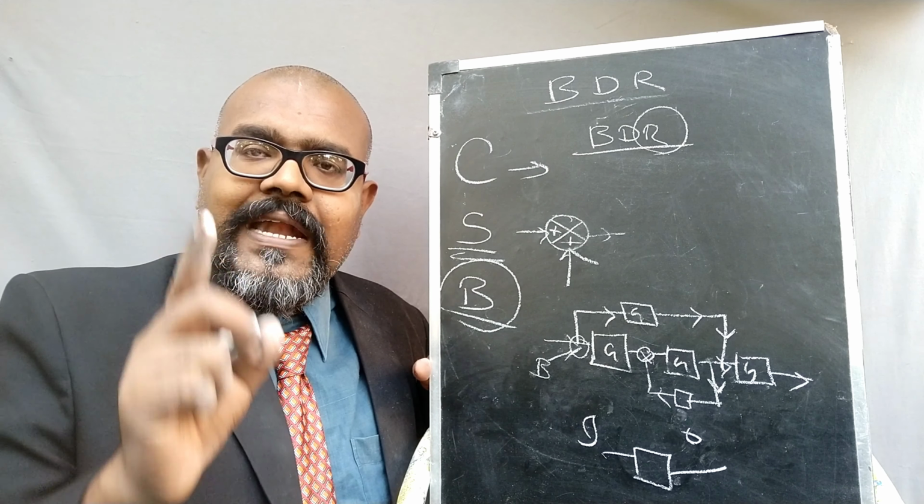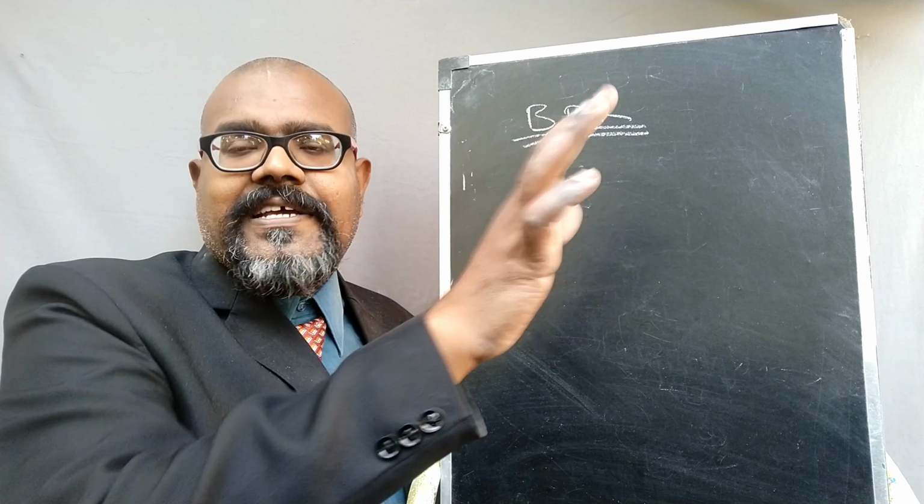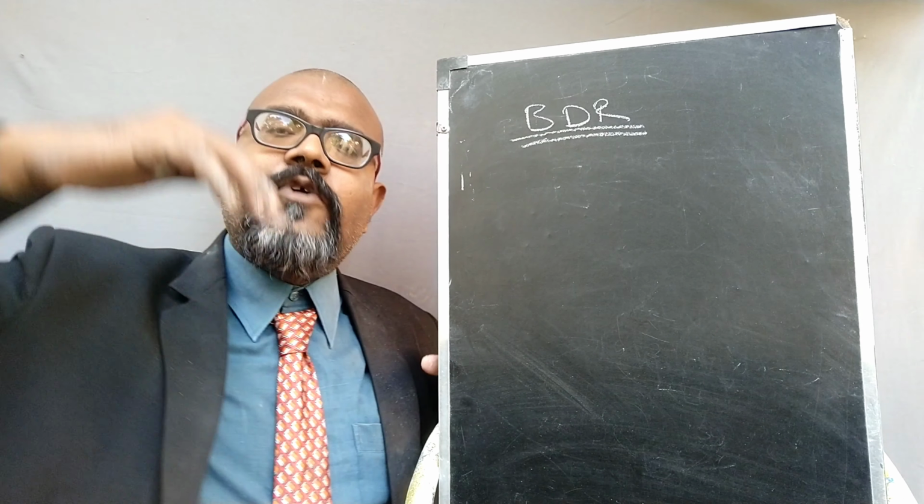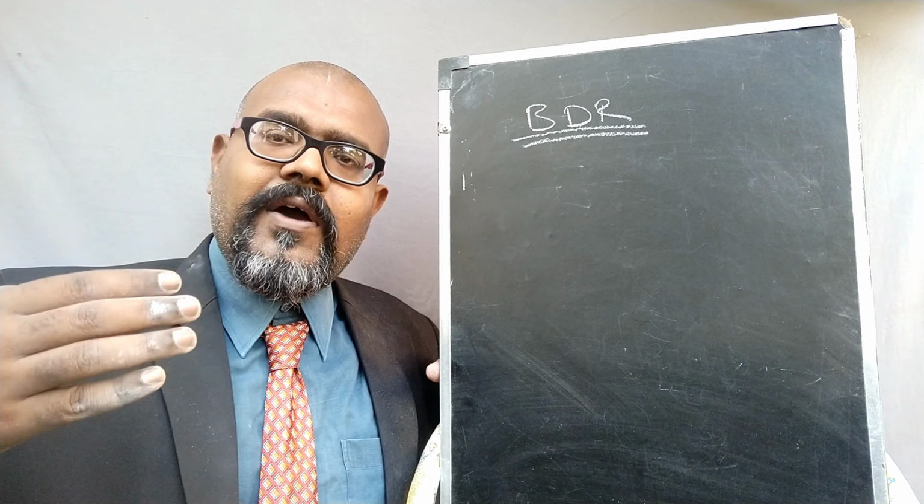In that block diagram reduction, if you want to change 2 blocks into 1, or reduce 3 blocks into 2 or 1, we need to follow some rules and regulations. That is a terminology framed by the authors, and that terminology is considered as the block diagram rules. We are going to apply these rules for each and every condition. For example, if you want to reduce 3 blocks into 1 block, or 10 blocks into 5 blocks, or 5 blocks into 1 block, you need to apply the conditions over it.